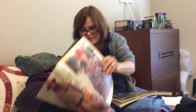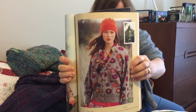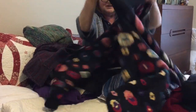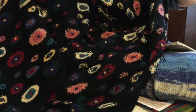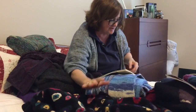Oh well, here's one that was kind of cool, called Ellipses, again from a Rowan magazine, that I made a little later, probably in the 90s. It's a cardigan, and occasionally I still wear this one, although it is big. But it's so beautiful. Neat color work. A lot of color in there. And look at this, I wove in the ends. Oh, you wove them in. Yay! I must have been way later because I learned that you were supposed to weave in